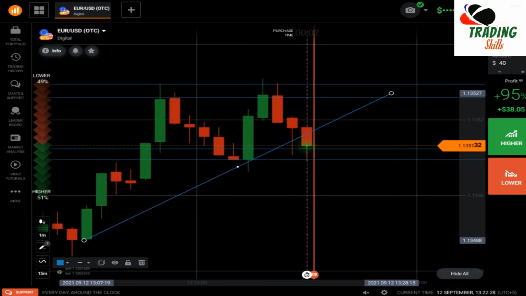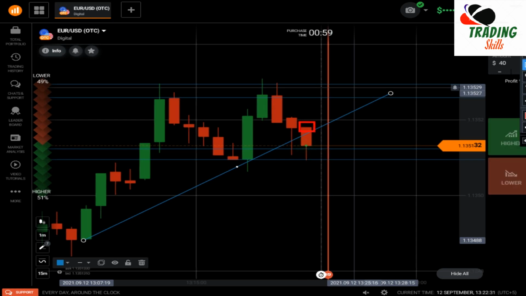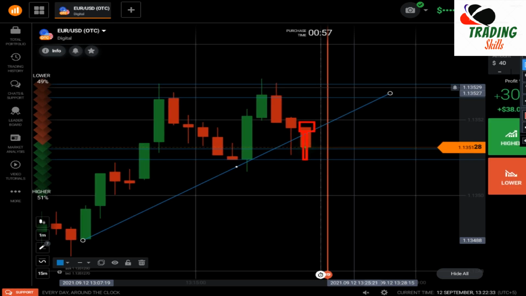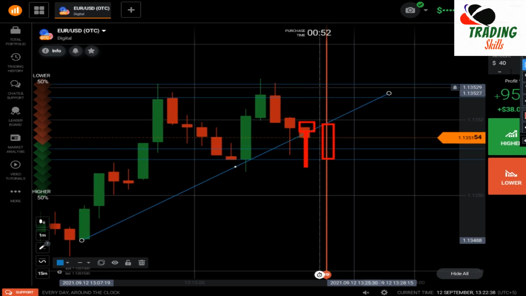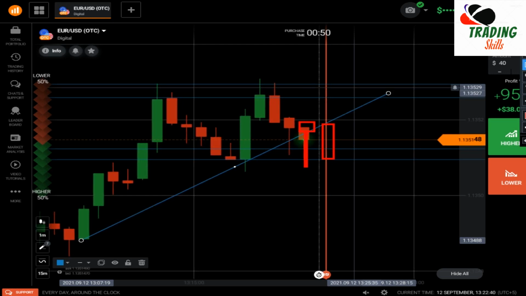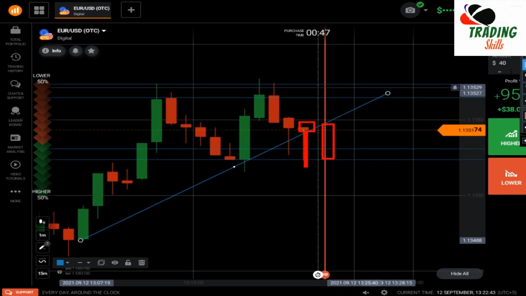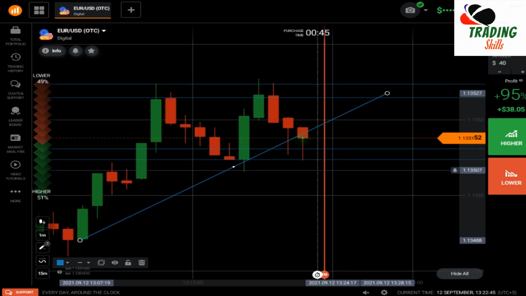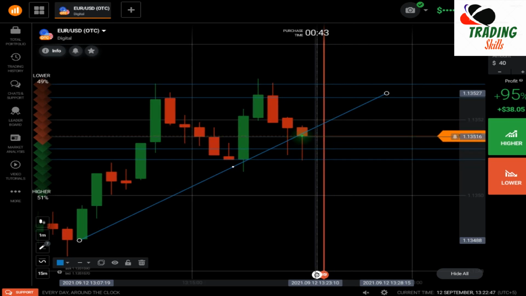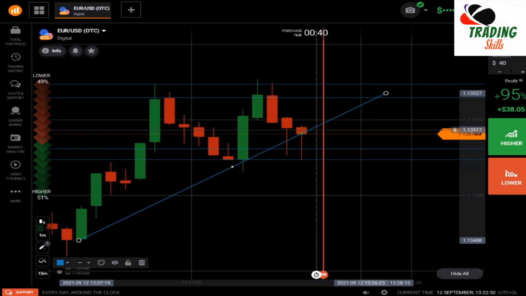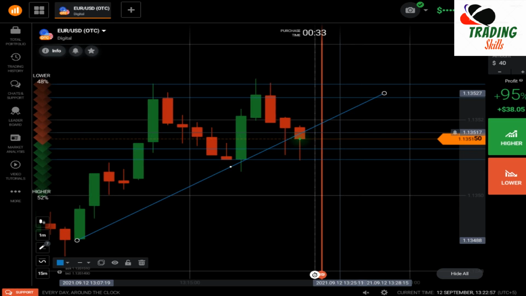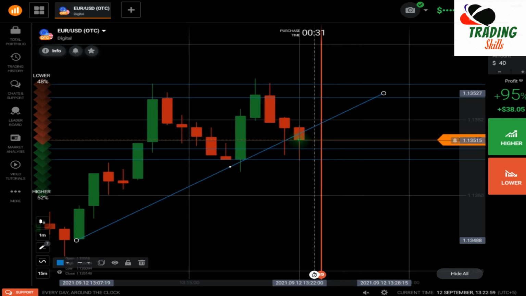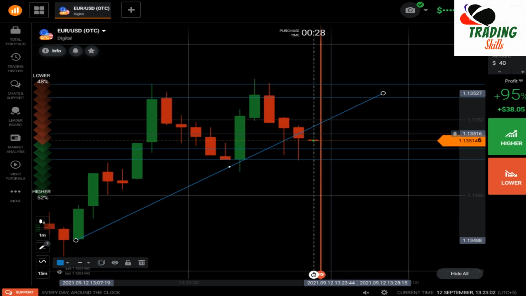Okay, we will get a candle like this at this area, or we will get a candle like this. But I'm predicting this candle to close here as a hammer candle. So let's see. Okay, my prediction is only for the bearish. That's it. Okay, market will go up after this candlestick. Okay, market can move up